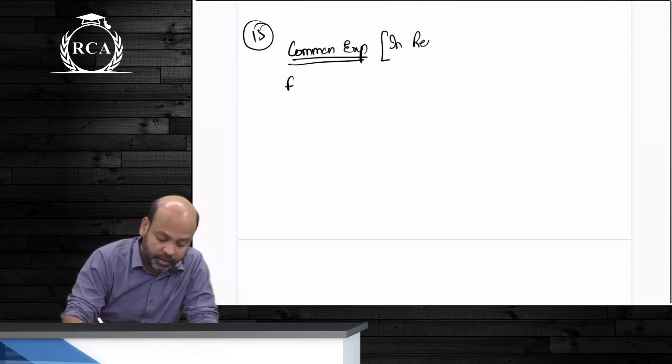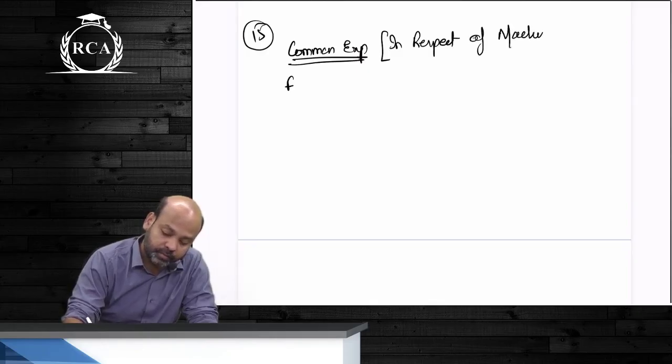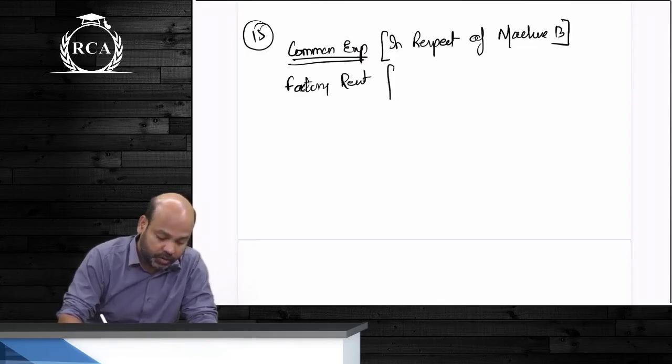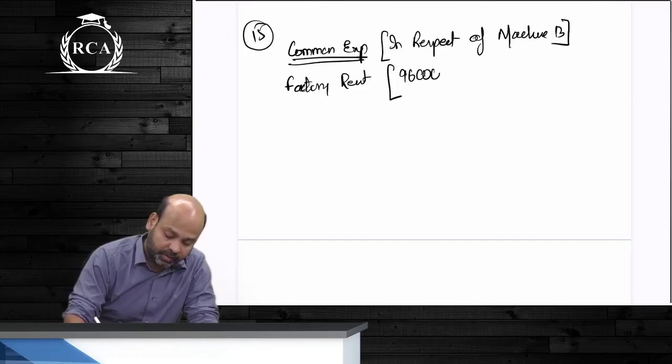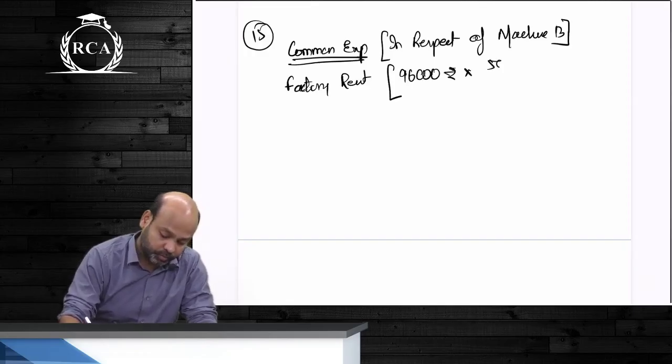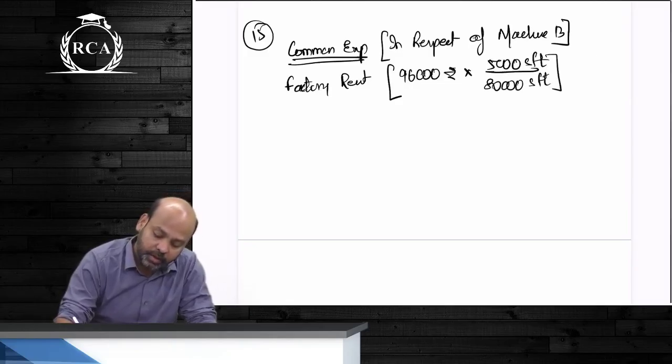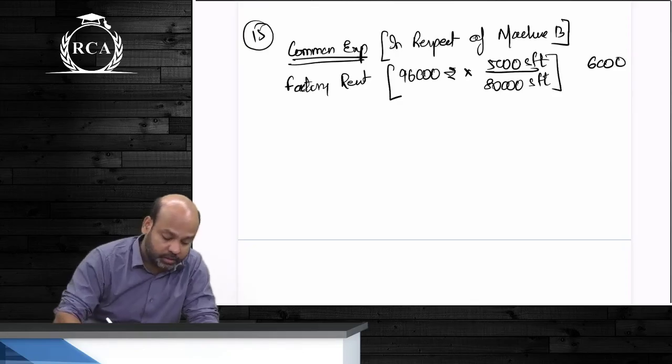Factory rent, but I told you that it will be apportioned on the basis of floor area. So that will be 96,000 rupees, guys, into 5,000 square feet divided by 80,000 square feet. The total amount beta will be,